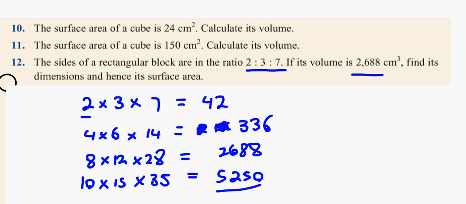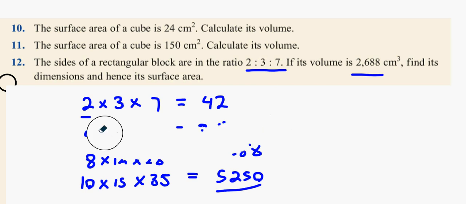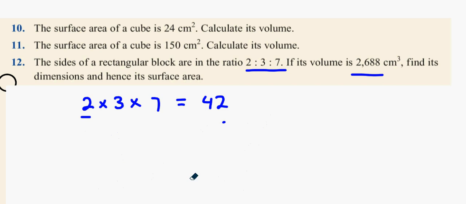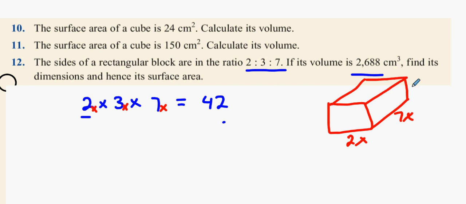What you do instead is turn them all into 2x, 3x, and 7x. Do you get what I'm saying? I'll signify a red x here. X is like a scale factor. X is the magical number we multiply them by to get the actual length, because we know they're in a certain ratio. 2x, 7x, and 3x. So what's the volume of this one we multiplied out? 42x cubed. And that equals